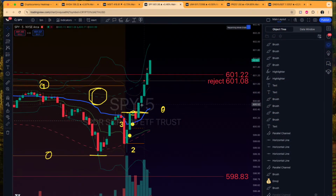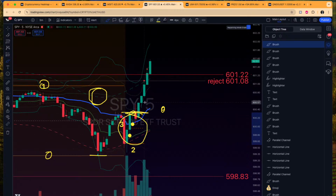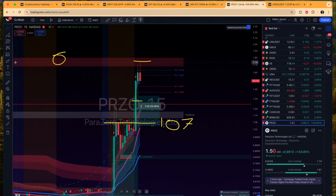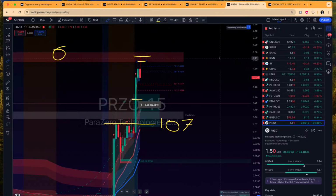So we played this well. I'm not going to say perfectly because I kind of messed up my candles this morning, but this was our confirmation right in here, and this is our reward, right? PRZO, I sold the other half right here, and it doesn't mean this can't continue higher, but